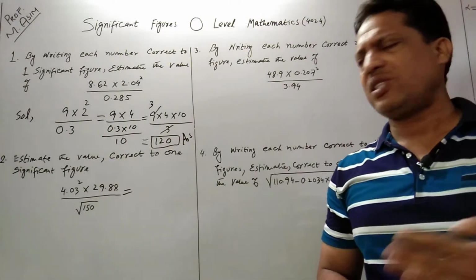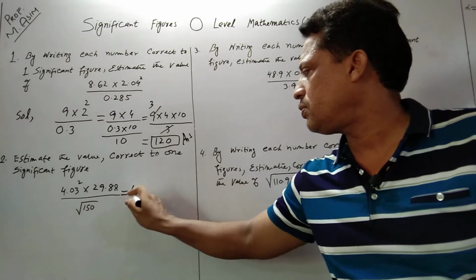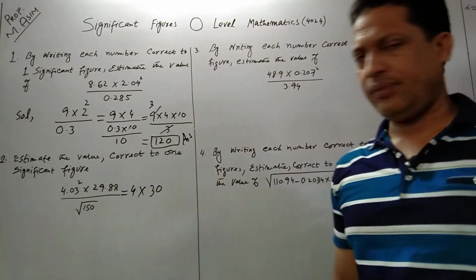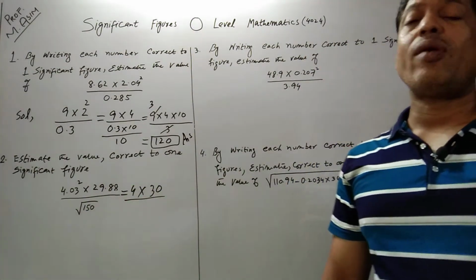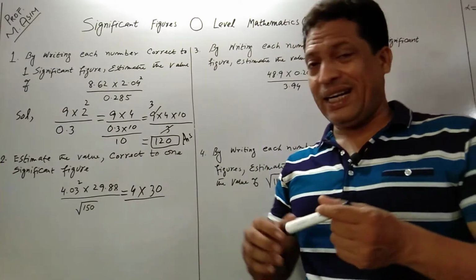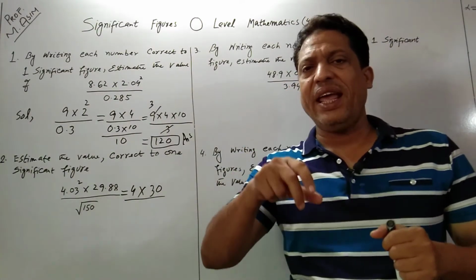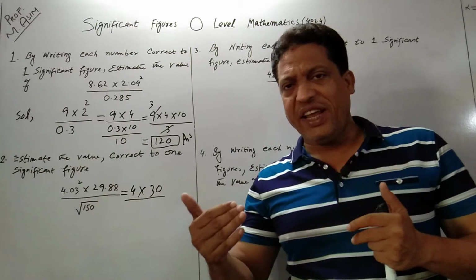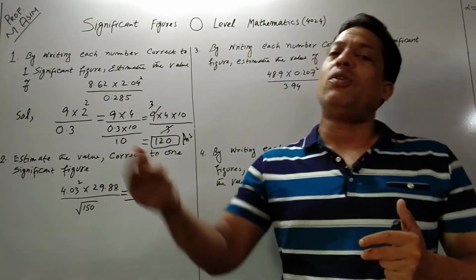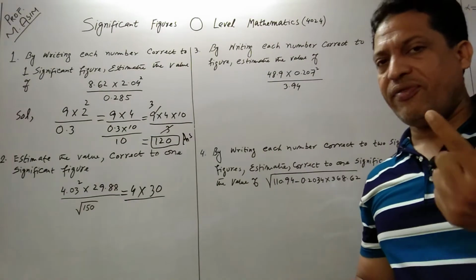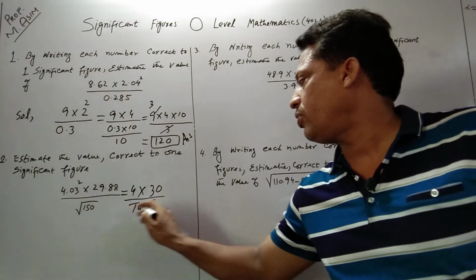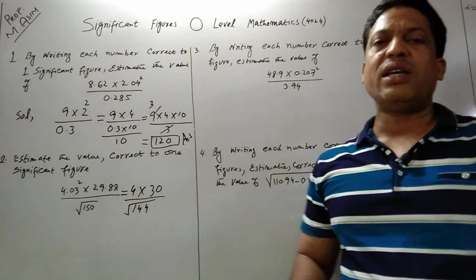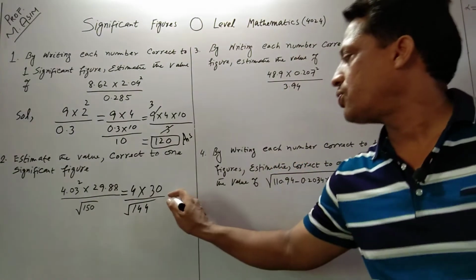So 4.03 is nearest to 4. So this is 4. 29.88 is nearest to 30, upon the square root of 150. So we have to write a whole number which is very closest to 150, and the square root must be a whole number, not a decimal. So obviously only one number, which is 144, is closest to 150, and the square root of 144 is a whole number, not a decimal number. So 4